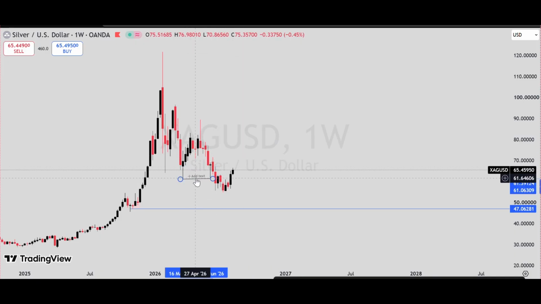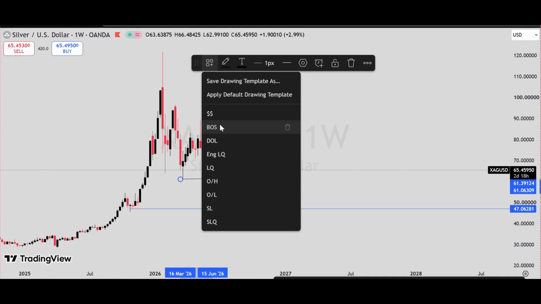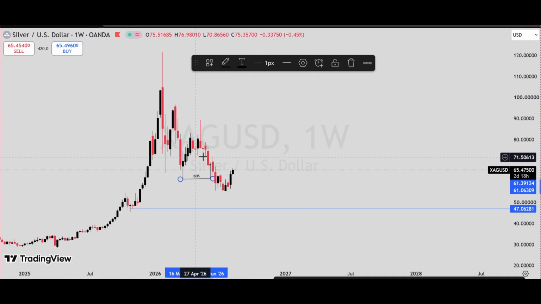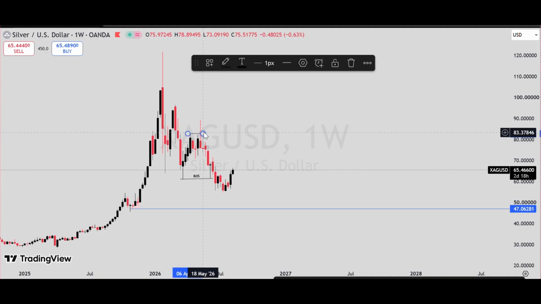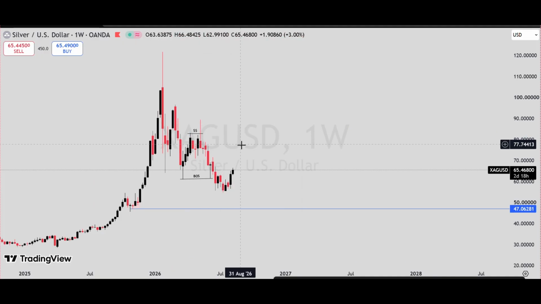Now, whenever you have a break of structure in the market, the first thing you want to do is to know if the high that caused the break of structure is protected or if it's liquidity. In this case, you can see that the market swept something from the left, thereby making that place a liquidity block. Now, if you go to the daily time frame,